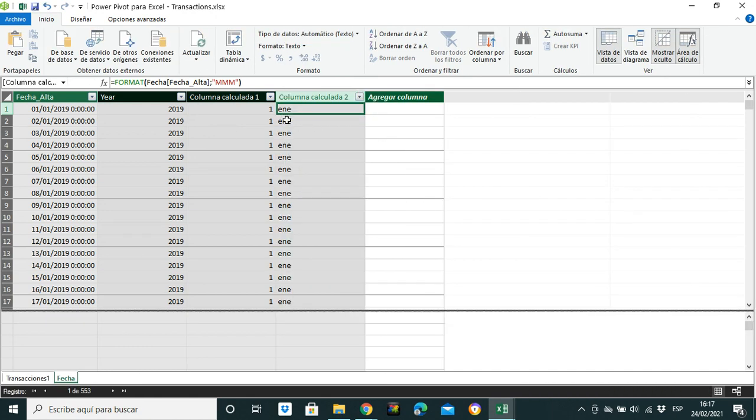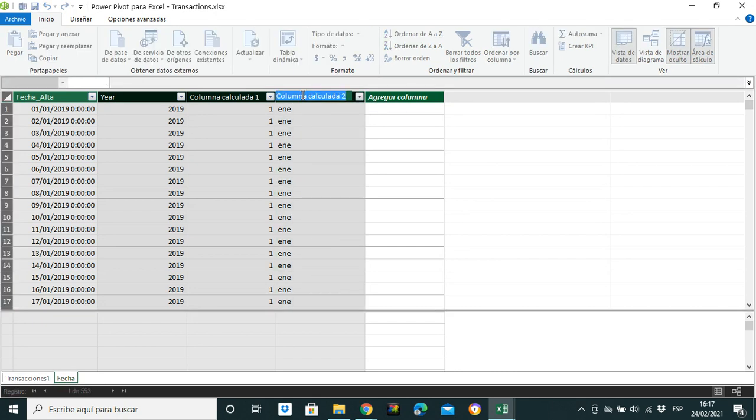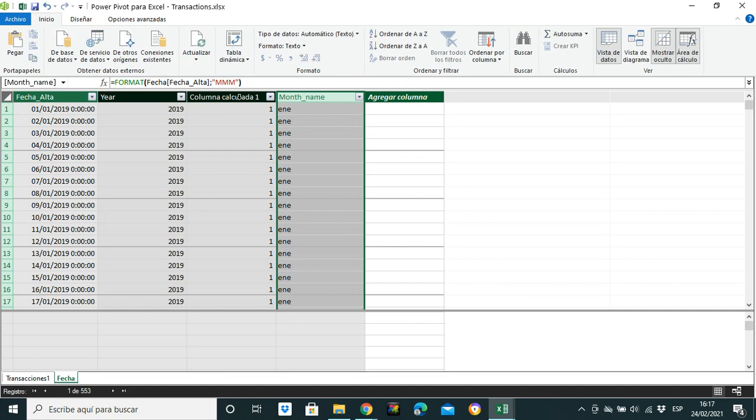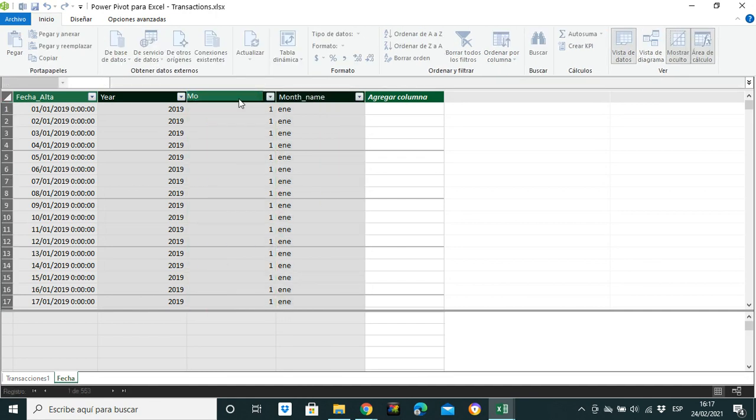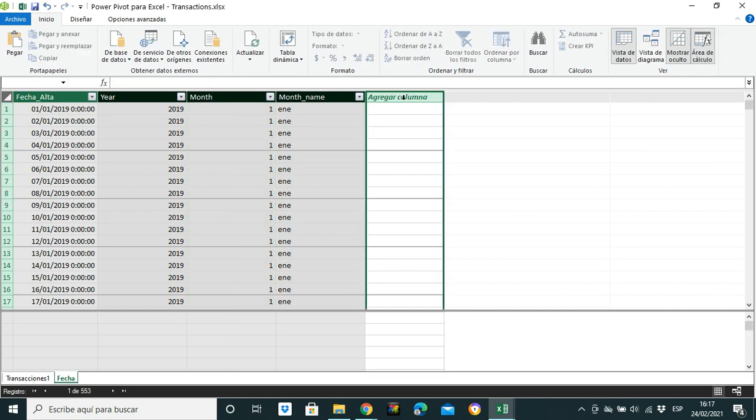Which is January abbreviation in Spanish. It would be like Jan from January. Here, let's call this month name. This column month. Over here,